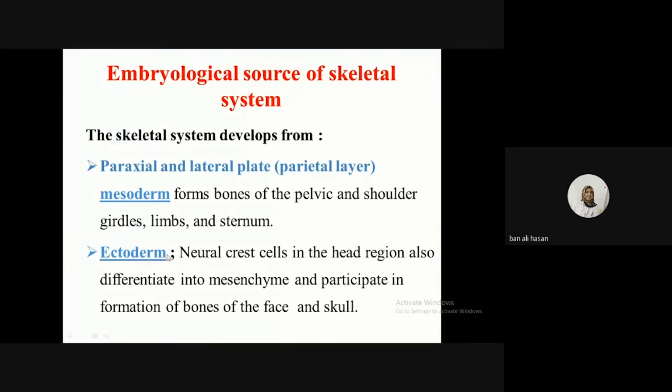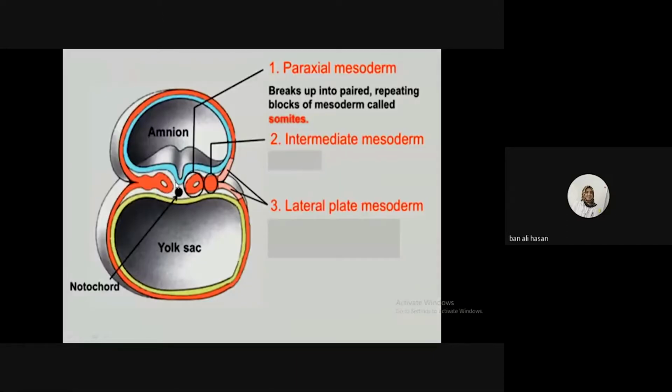So generally, the skeletal system as a whole develops from the paraxial and lateral plate parietal layer of the mesoderm. We've studied this before, whenever we mentioned the layers, and I told you that